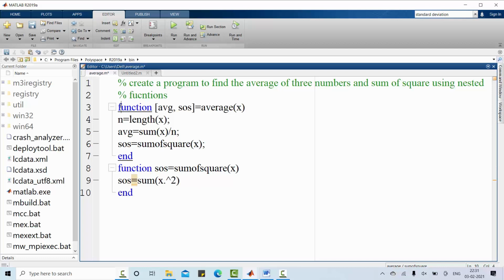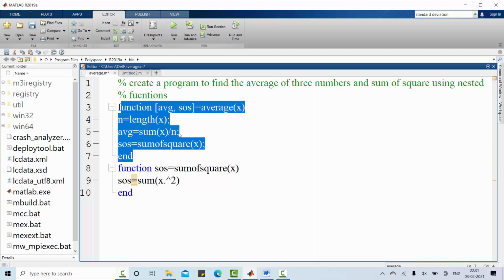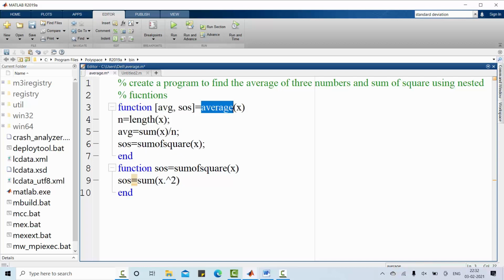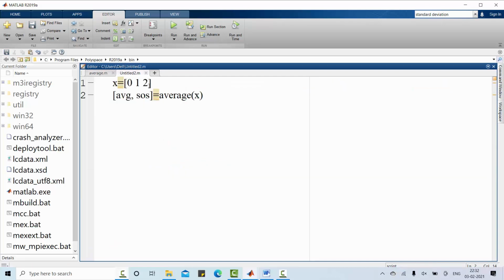So this is the actual function, that is the first function, with the name of average. In this function, I have one more function called sum of square, which is defined here, which performs the task of sum of square of the given numbers. I may go to the original script where I called this function average.